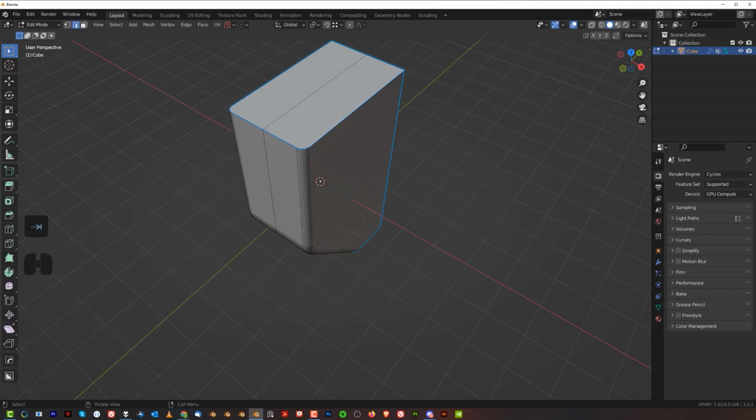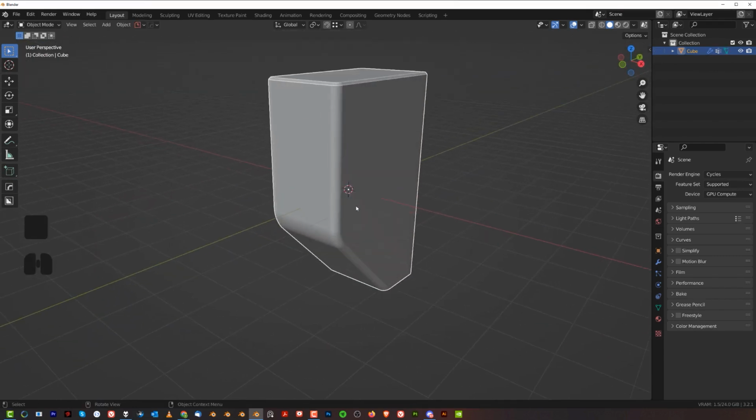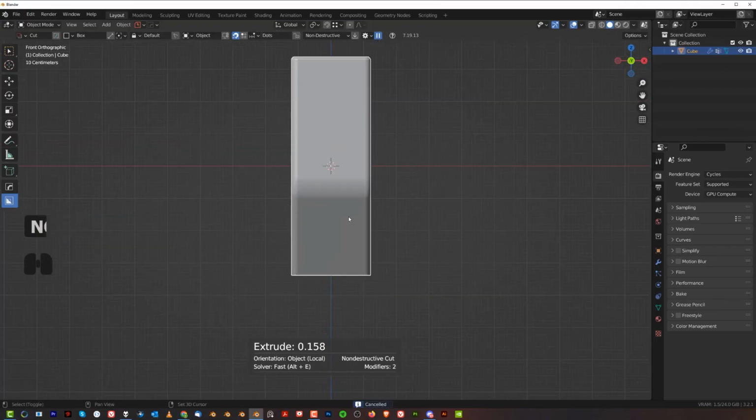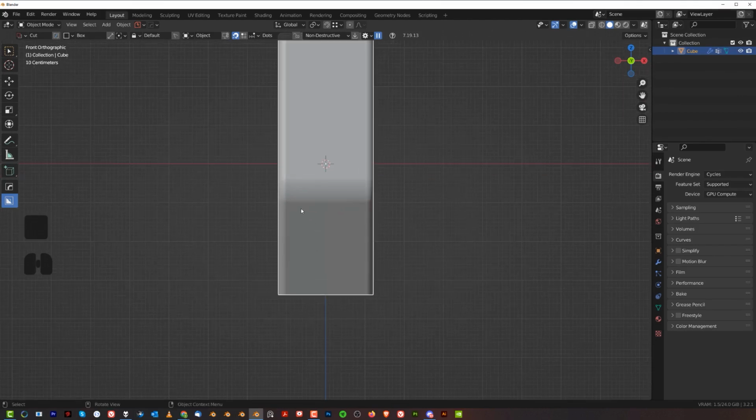Now here we can run another modifier on top. I'll just go with chamfer. It's gonna look pretty cool. On the bottom I'm gonna leave it flat. That's fine. Now here in orthographic view from the front, press Shift V and enable this view align ortho,